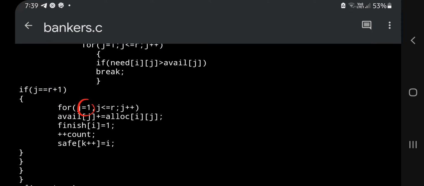In this part, j is running from 1 till r. So this is the j loop, running from 1 till r, and what we are doing is just one line of code: available of j plus is equal to allocation of ij. Since its need can be satisfied, we'll give him the resources, he will use the resources, and whatever he had,